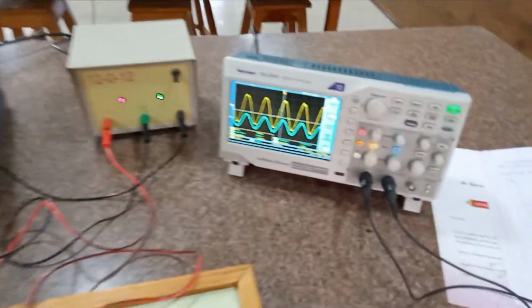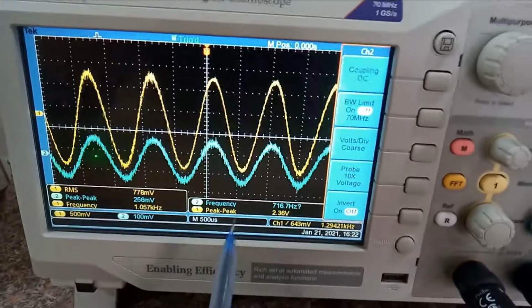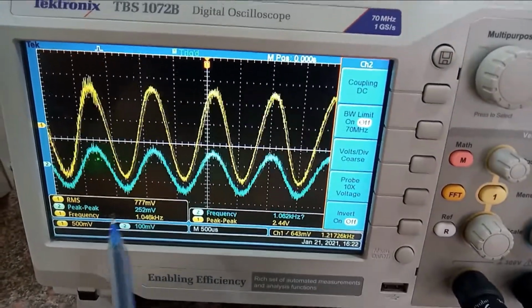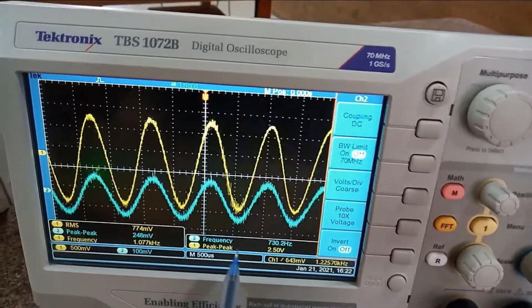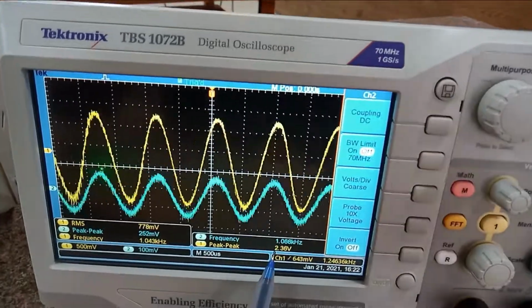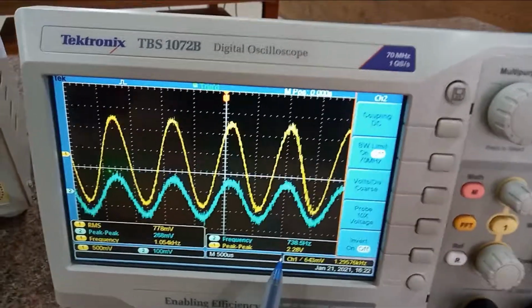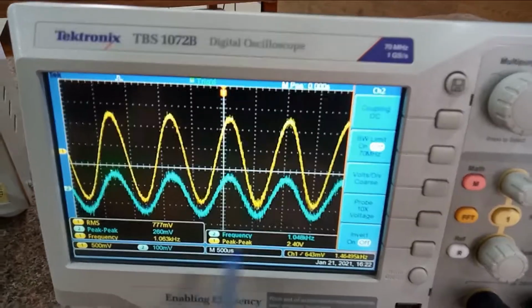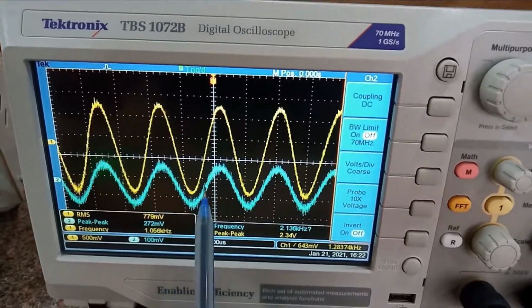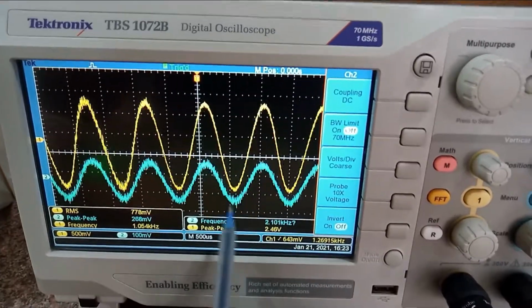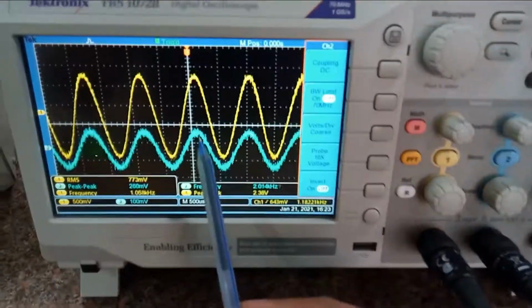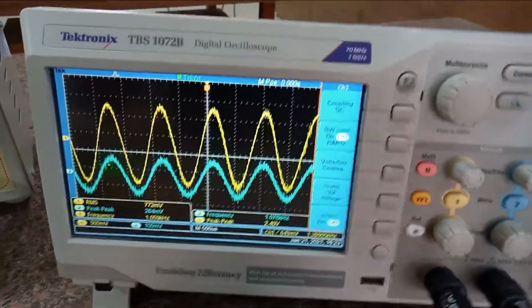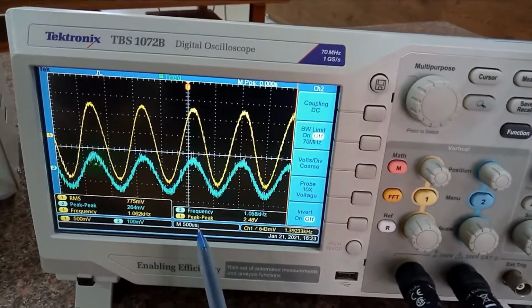So this is the input I have connected, and you can see the input is also there on screen. You can see the peak to peak value, that is 256 millivolt. Now you can see the yellow, that is the output, that is 2.3 volt, it has been amplified. You can see the frequency is the same, it is not changing. A small disturbance is happening in between the signal. That is why you are not able to see a complete pure sine wave. These dashed lines are nothing but disturbance, right? So this is the proof of amplification.